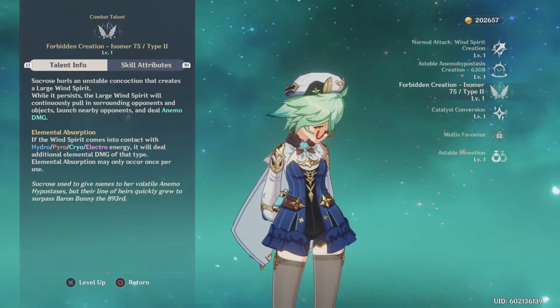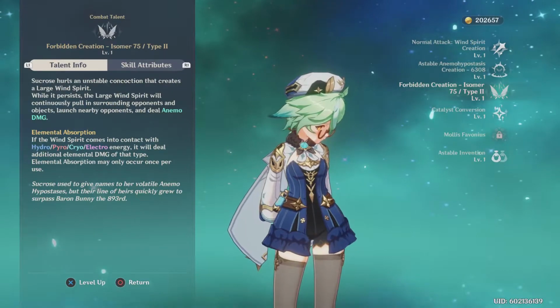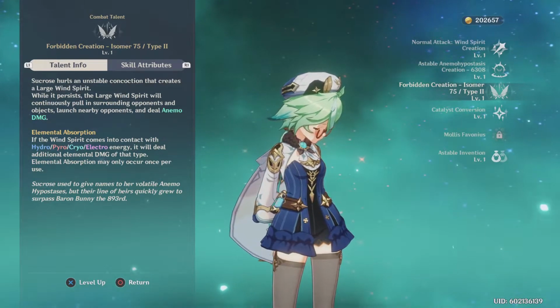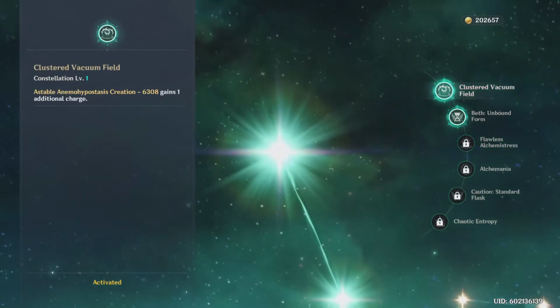So I'm going to get up the Forbidden Creation first, and then we're going to get this one up second. But this is the main one that I use her for, so this is what I would recommend you get her up if you want to use her as a support, because that's the main thing that she's going to help with. I don't have that many constellations on her, but the two that I do have is